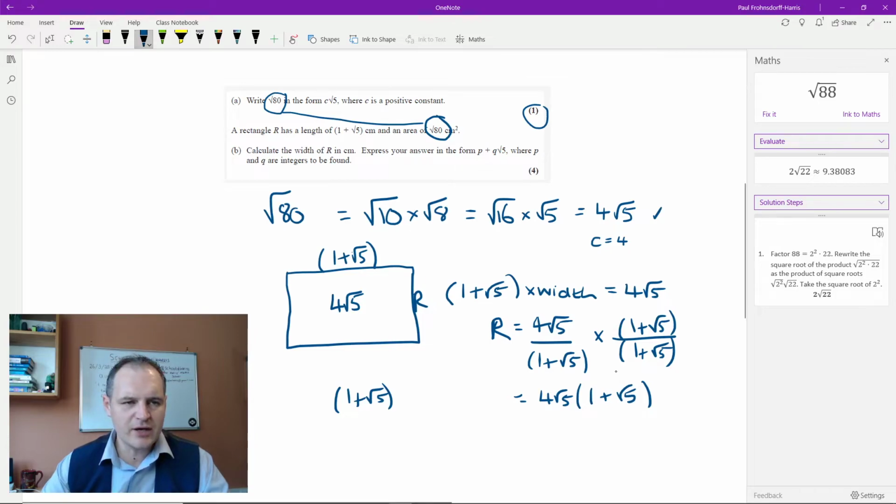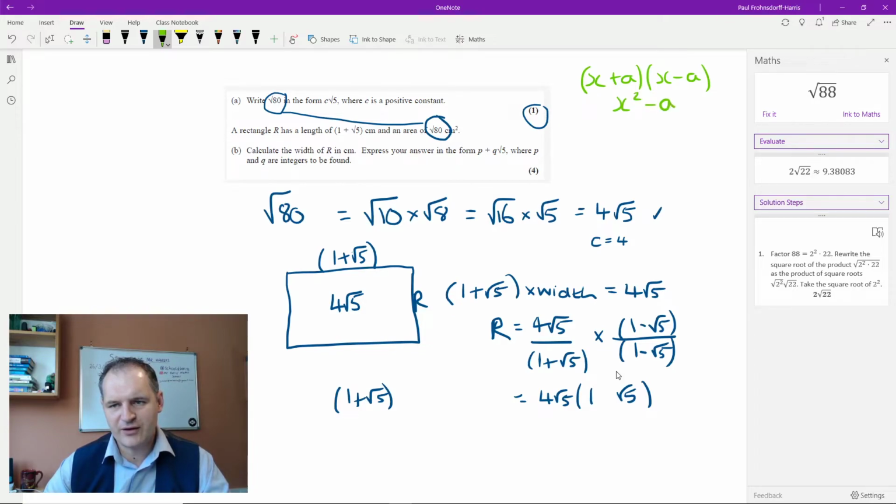But what I'm going to do, to ensure this is made easier, I'm going to make them minus, because I want this to get rid of surds. And one thing we know from our GCSE, but also from year 12, is if you've got x plus a times x minus a, it makes x squared minus a squared. And surds squared disappear. Therefore, by doing the minus version of the plus, we are going to allow it to